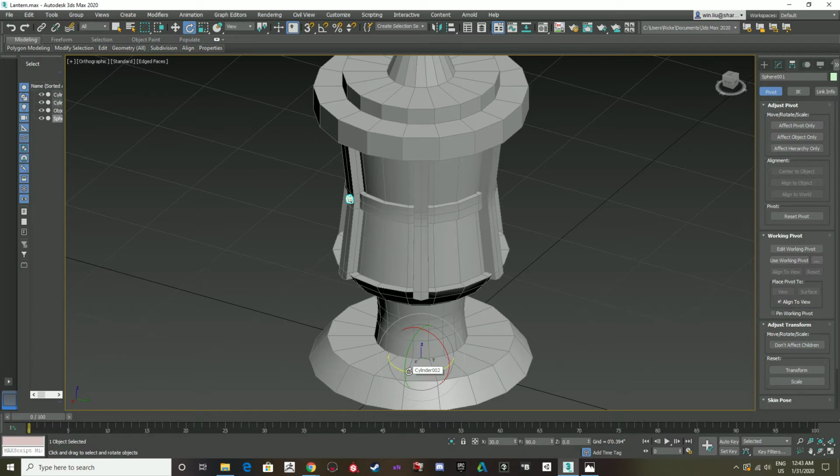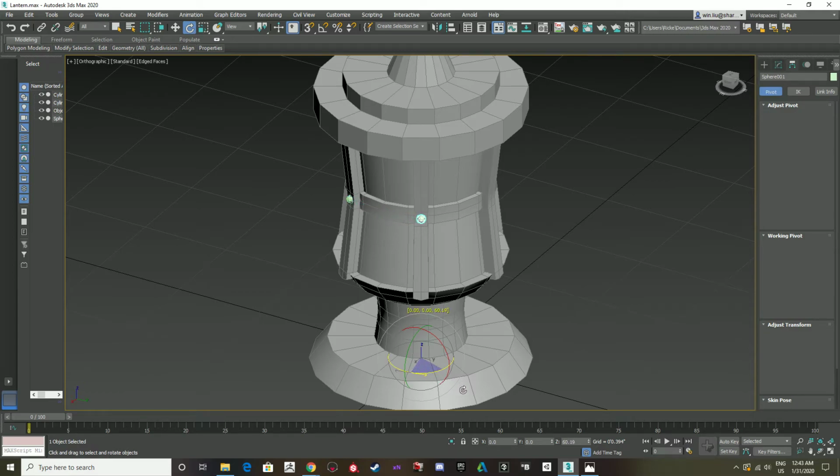We're going to hold shift, and then click on this rotational axis, and we're just going to pull it over like this. And you see it is going at the same curvature as our lantern because our pivot's in the same spot. So we're going to let go,